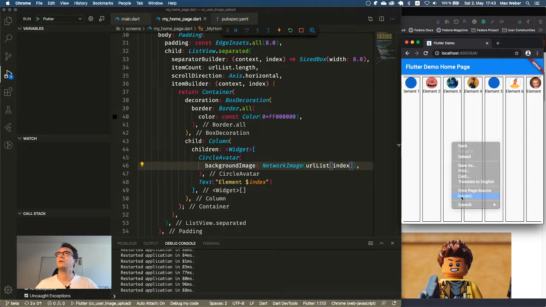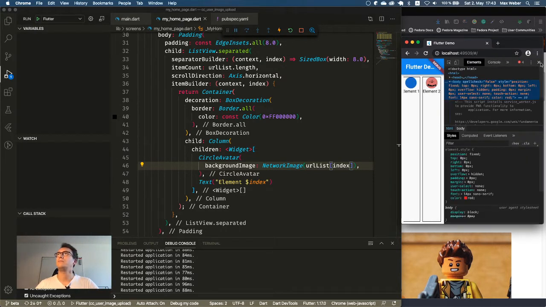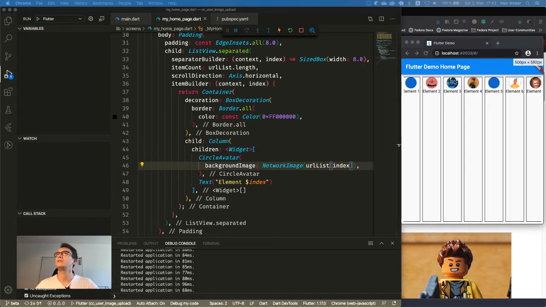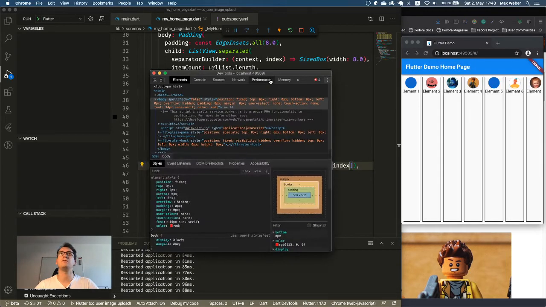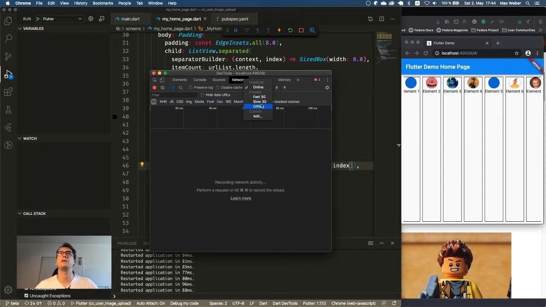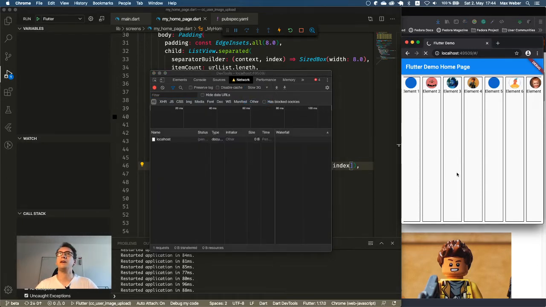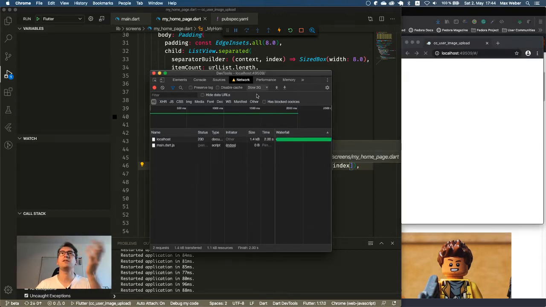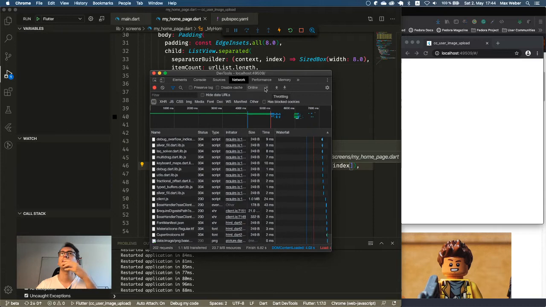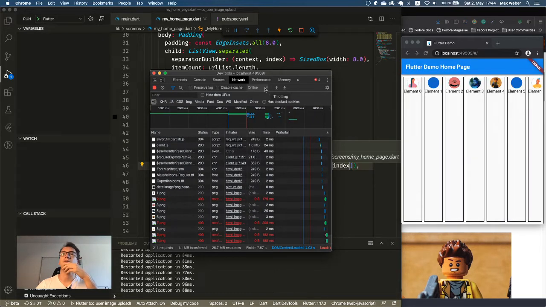Else, what I could do to make it more demonstrable, if you are interested, is that we can slow our network speed down here to slow 3G. And what I will do now is reload the page, but not yet, of course, because else it will take ages. So go. So now everything is loaded. We get some errors, that is fine. Or not really, I don't know why they are launching. I have to take a look later.